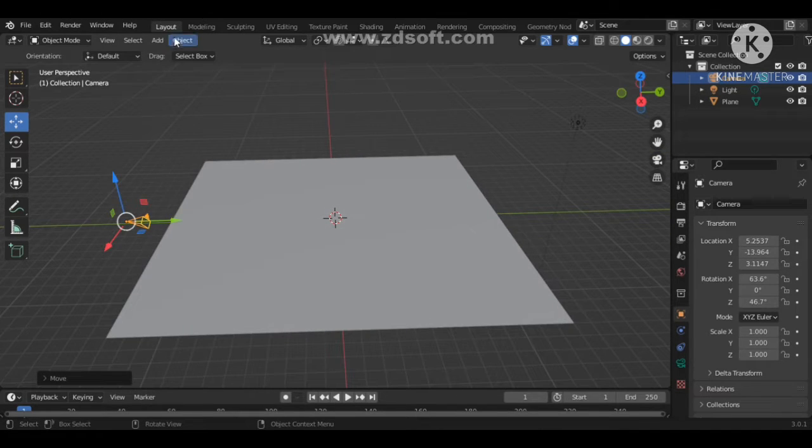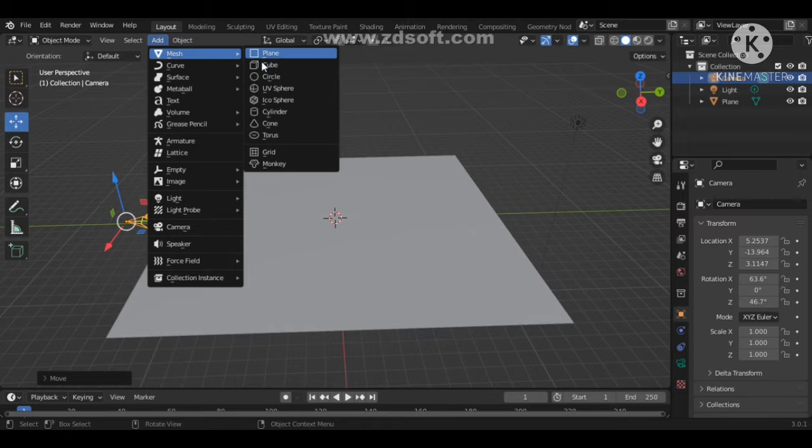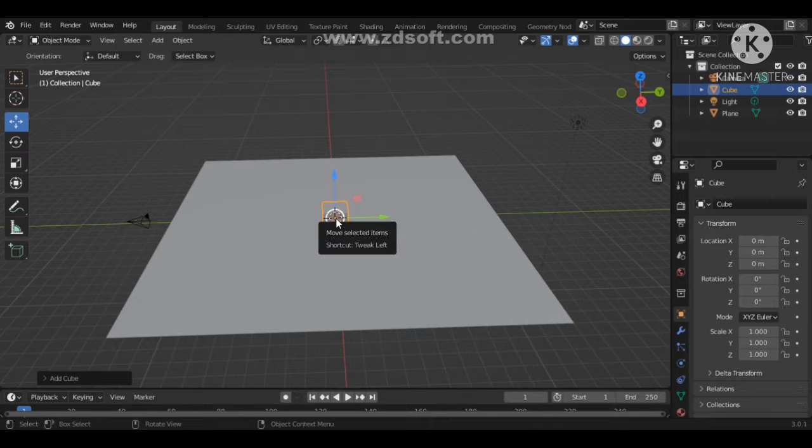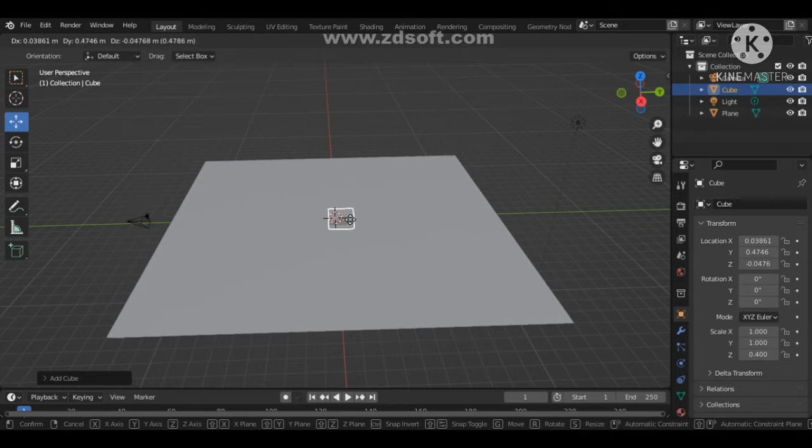Now we will insert another mesh, that will be a cuboid. Now grabbing it and moving it